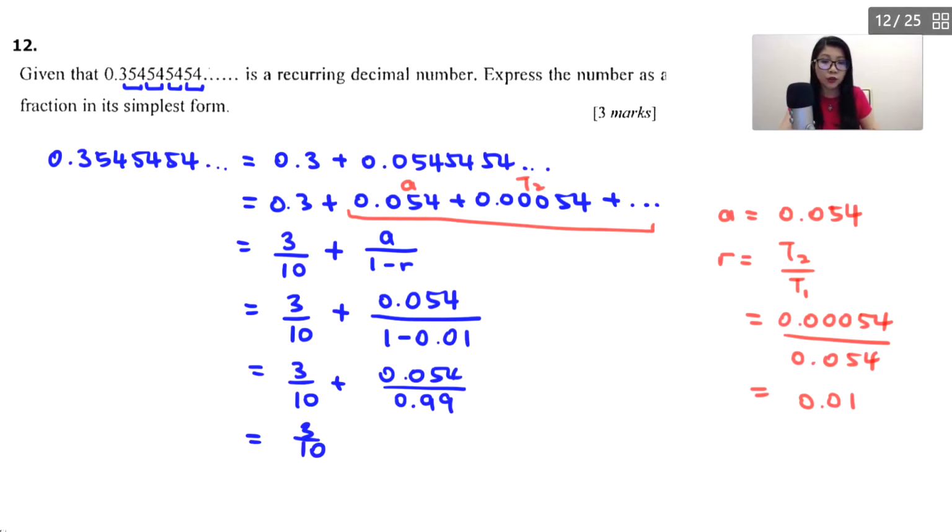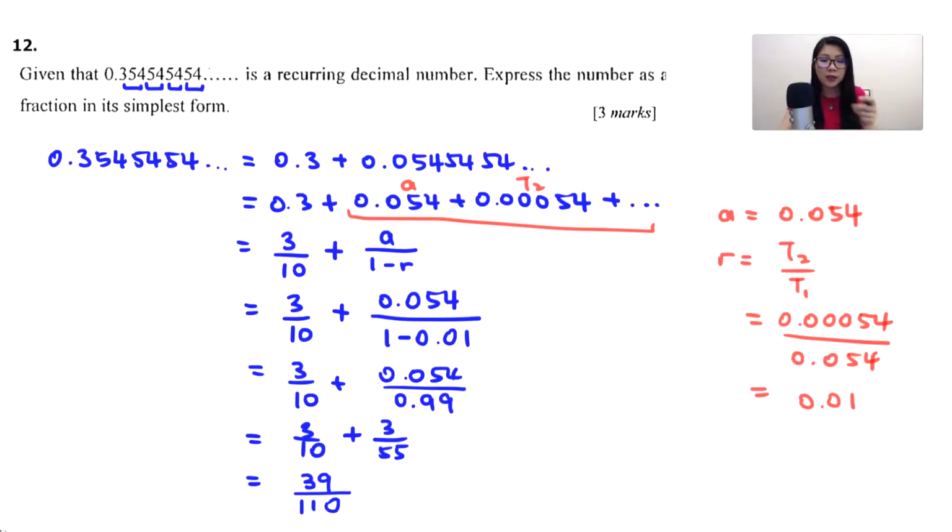I bring down 3 over 10 plus 0.054 divided by 0.99, so we get 3 over 55. Then we add them together: 3 over 10 plus 3 over 55, and we get 39 over 110. If you want to double check whether you get back the recurring decimal number,